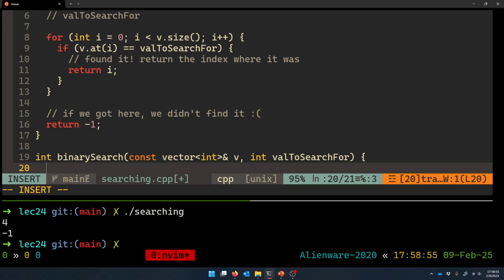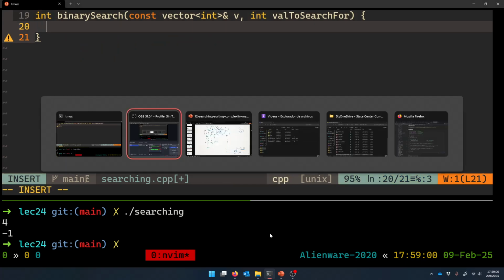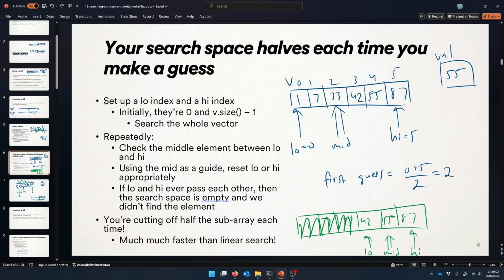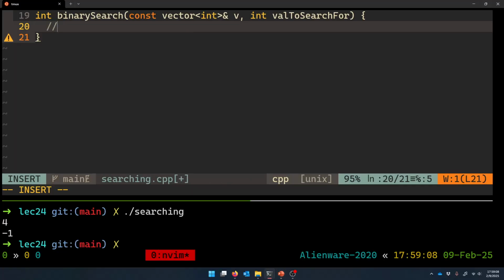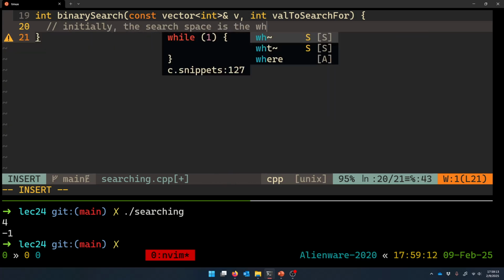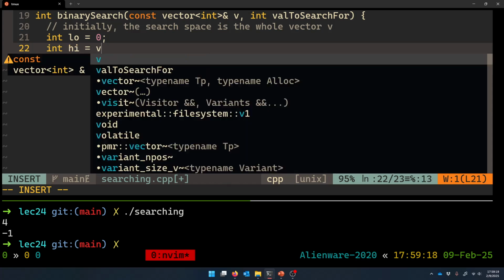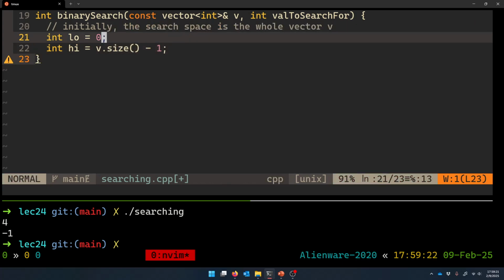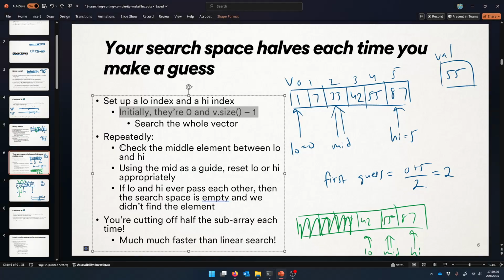Give it a body. Let's go. So all right, we got to set up the search space. That's the algorithm. So at the very beginning of time, low is 0, index 0, high is size - 1. So now it's set up, and now the idea is we want to keep on looking at the middle of